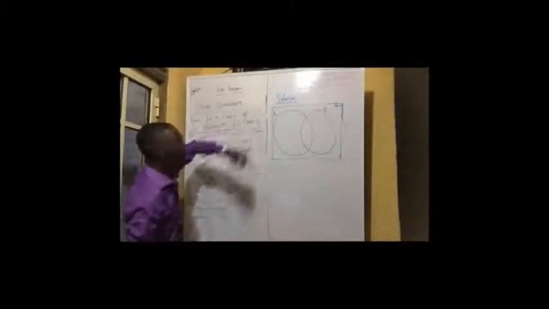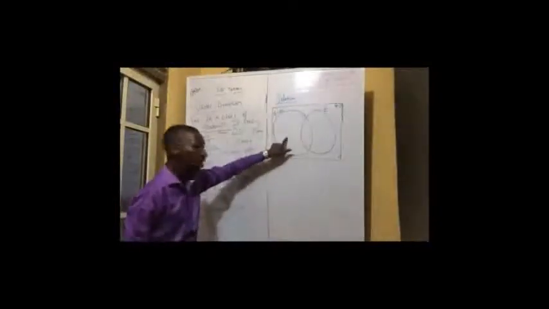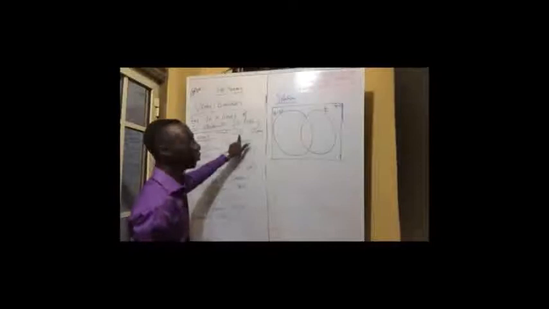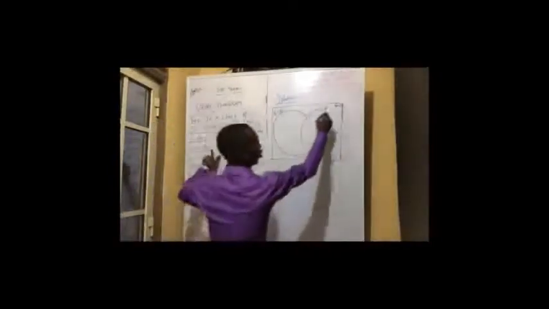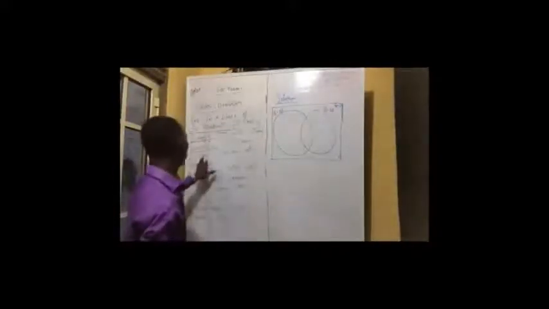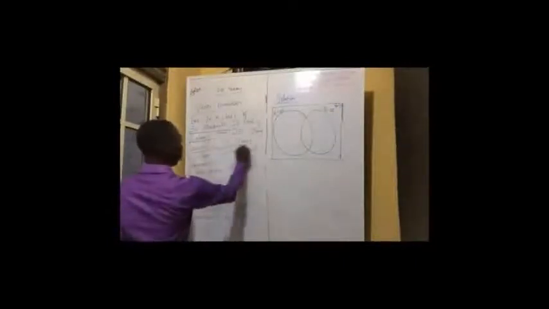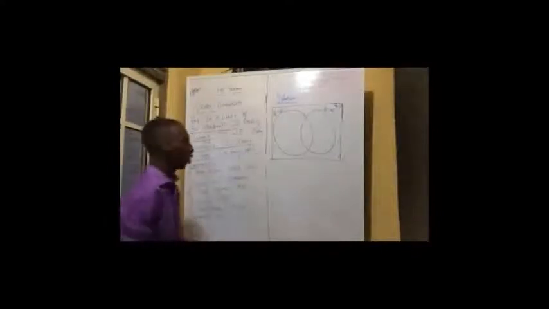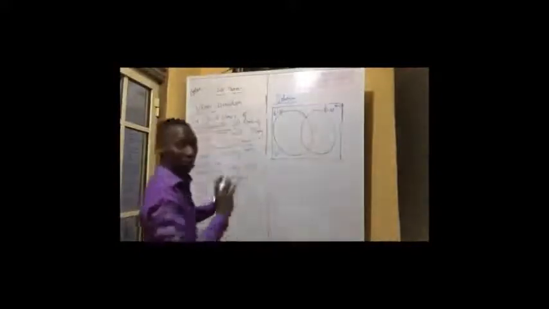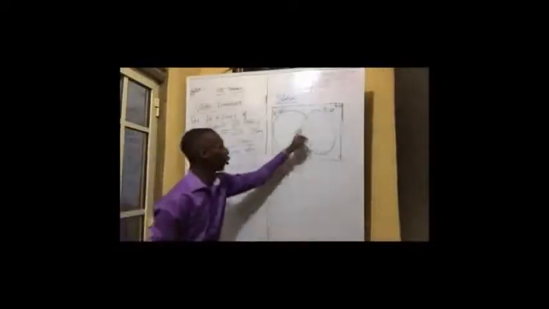Now you are told that 30 students study biology. Biology 30. Now you don't write it in here, and I will explain why. You are also told that 25 study economics. Economics 25, isn't it? You are also told that 15 study neither biology nor economics. So 15 did not do biology, they did not do economics. They are just in the class. You get that now?